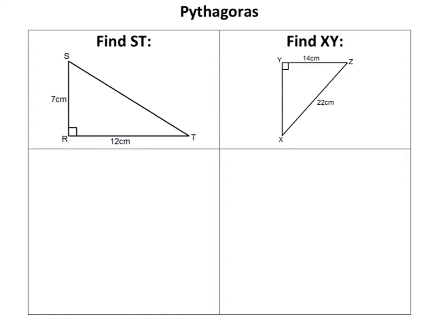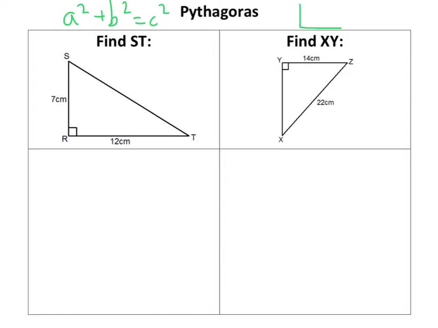Okay, we're looking at Pythagoras' theorem. Now, you should know that Pythagoras' theorem is a squared plus b squared equals c squared, or the sum of the square of the two short sides is equal to the square of the long side, whichever way you like to remember it. So if we just remember it as a squared plus b squared equals c squared,